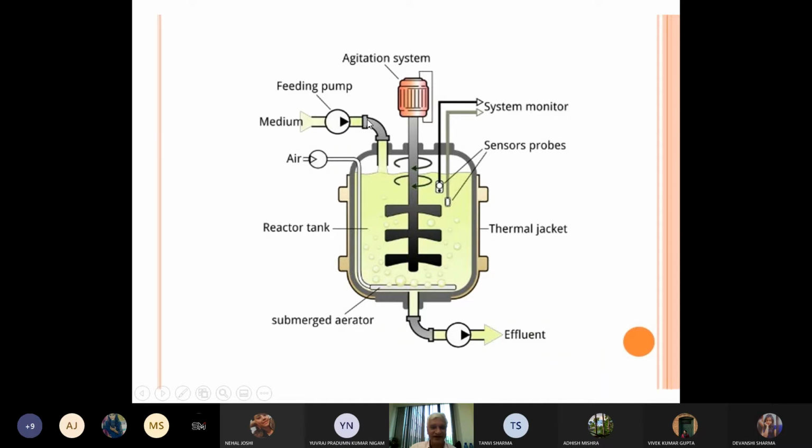The way we put the media in, this is an out. Media out. Now we don't call it media. When we put it in, we call it media. When it comes out, we call it broth. This broth will have media plus our bacterial cultures and everything in that, and our product of interest. So that is a valve which is at the bottom.